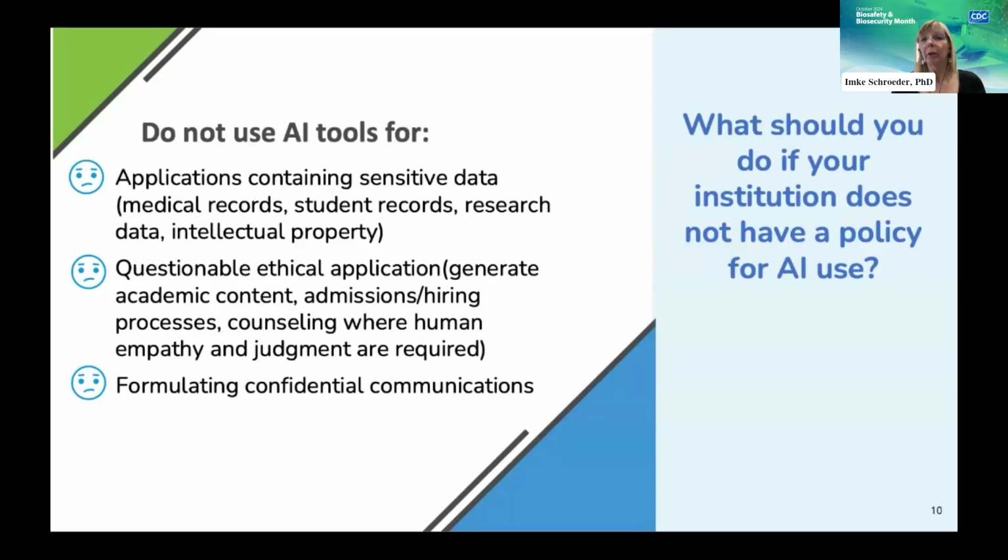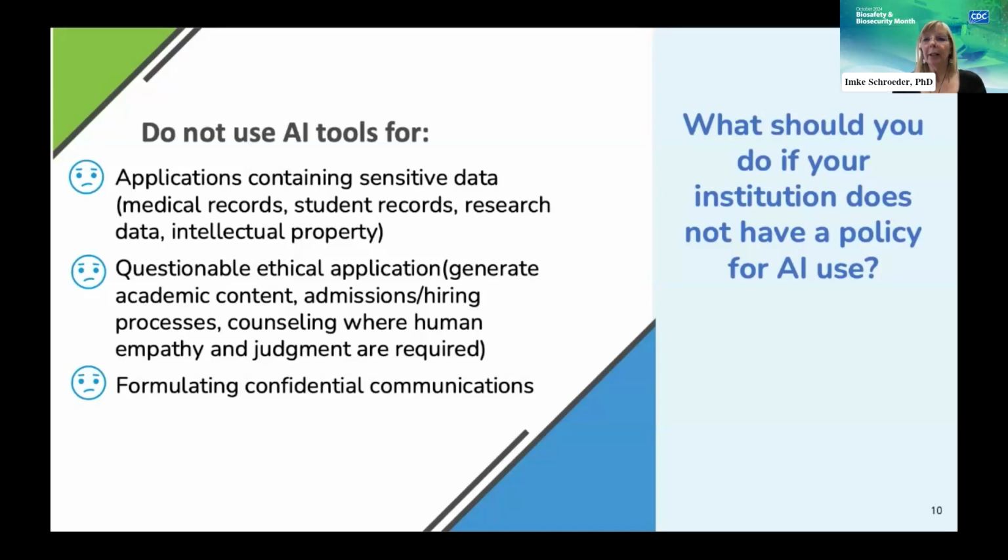They should definitely not be used for counseling, where human empathy and judgment are required, because I just last week went to a talk by someone who was in the developing of early AI applications, and they just described it as an empty, emotionless box.